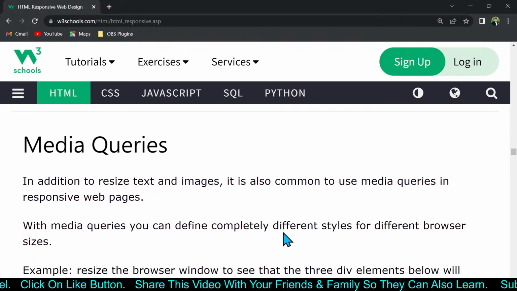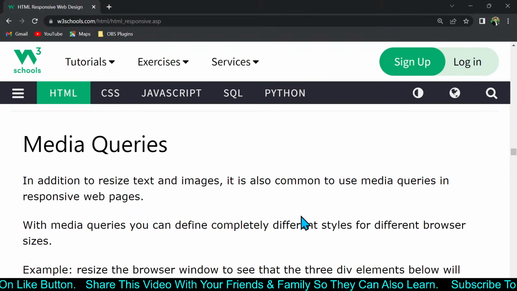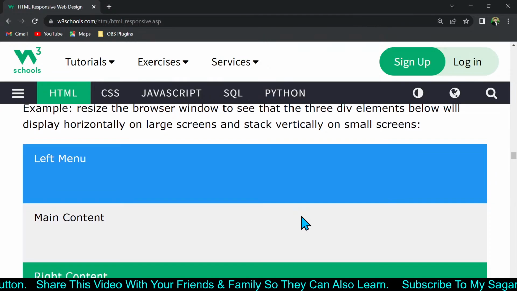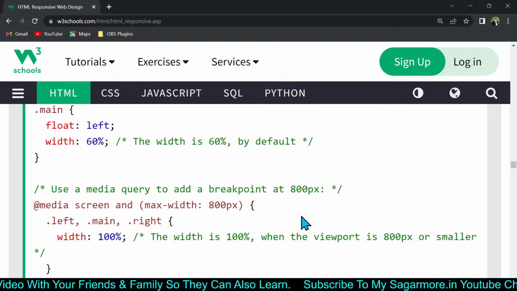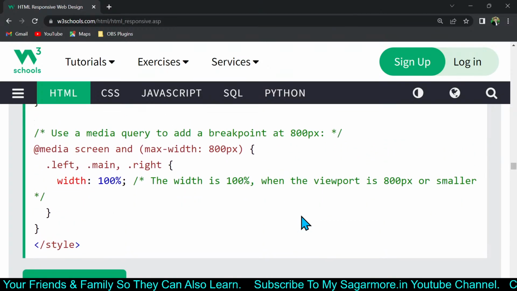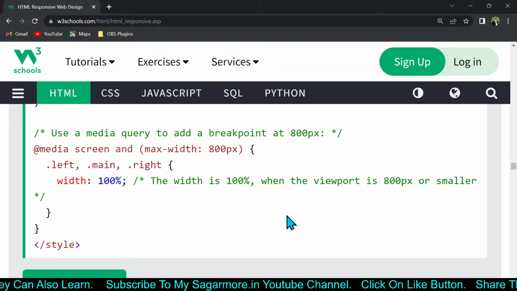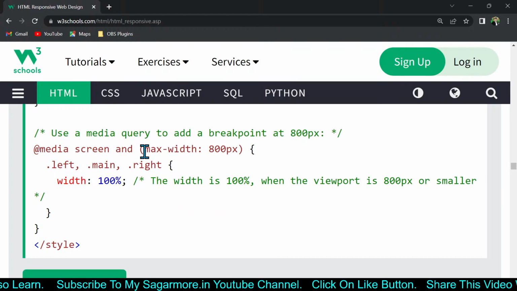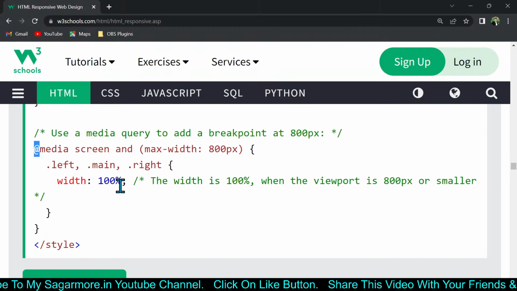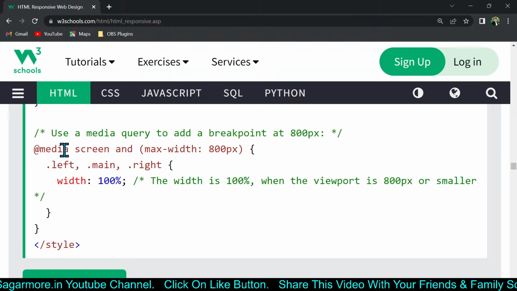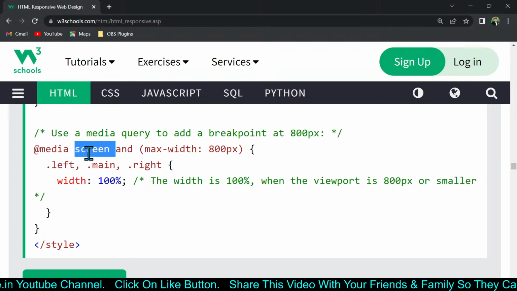Okay, so media query is another topic in responsive web design. We will cover this in our series in detail, but for now we can just see what media queries are. Just like our source tag, where we used the media attribute in which we have used max width for the picture tag, the same way we have to provide max width to the media query. So media queries are introduced in CSS3, where you have to write @media,